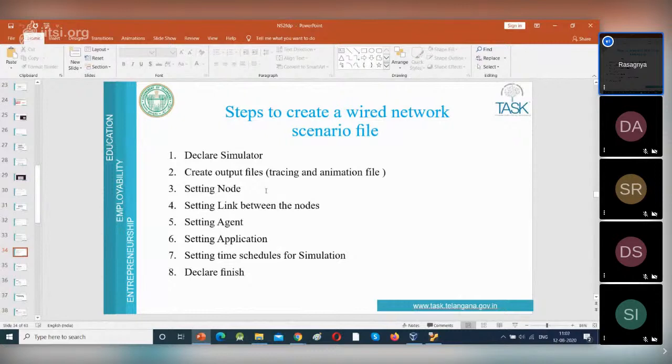So, yesterday we have seen how to write the steps for network scenario file. We have generated different TCL scripts using energy generator, and we have seen what is trace file format and what are AWK scripts, and we have added color, shape, and labeling to the node, and we also changed the color of the data traffic. So today we will discuss how to generate TCL script for UDP communication, and we will